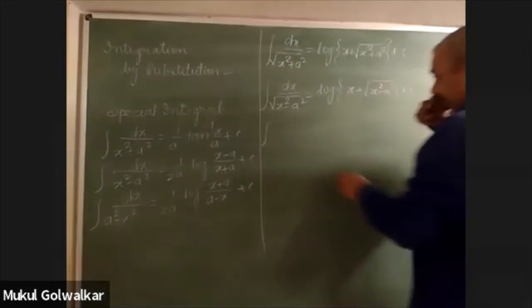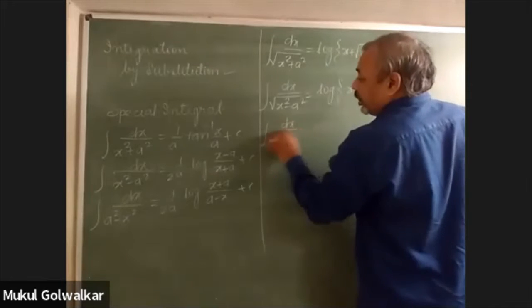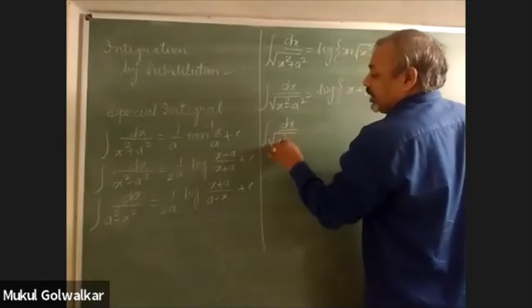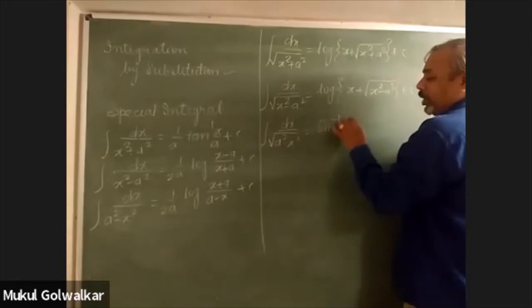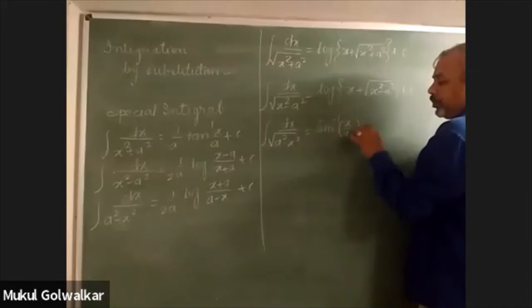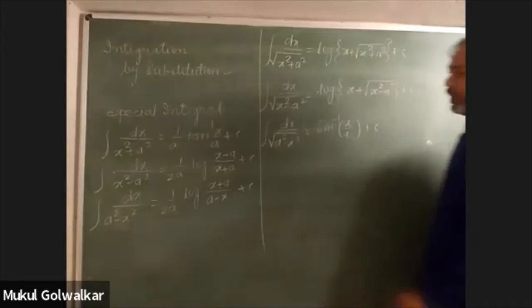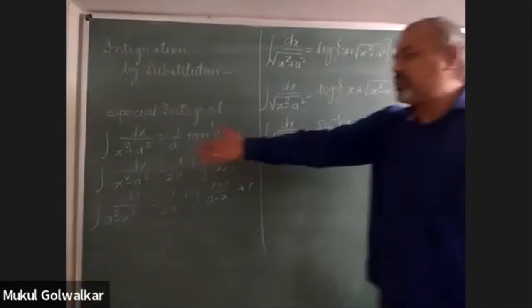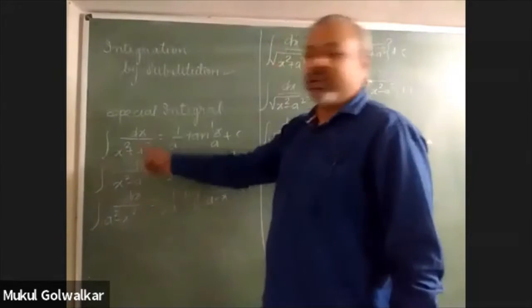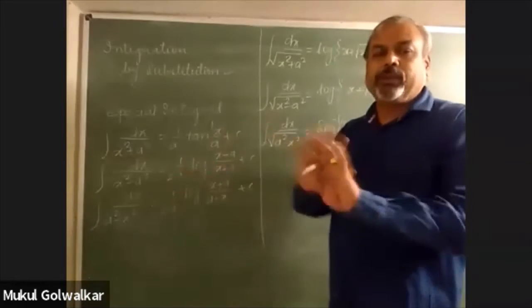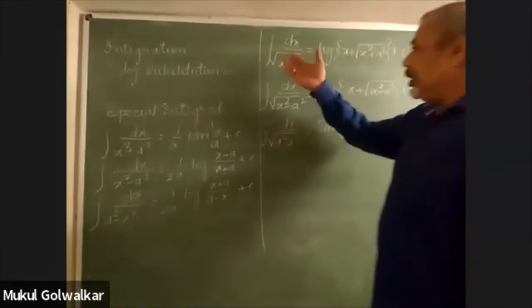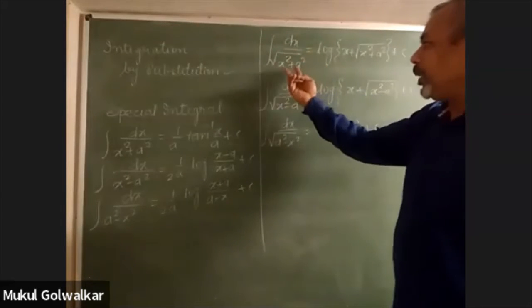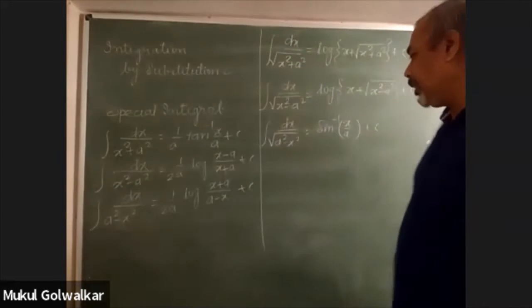And if I write integral of dx upon under root of a square minus x square, it will be equal to sine inverse of x upon a plus constant of integration. Okay. So in these 6 formulae, you can see that only 2 terms in the denominator are written, and all possible arithmetic combinations with plus and minus sign have been utilized. And the same 2 quantities as a binomial, but within the square root sign.